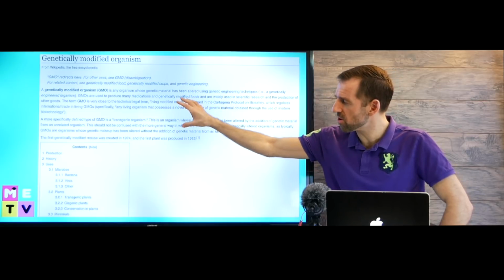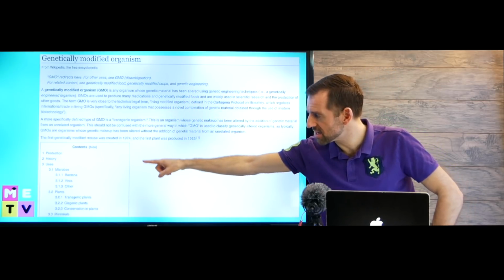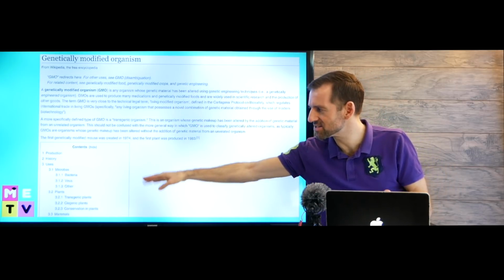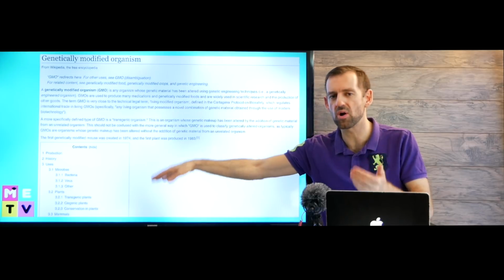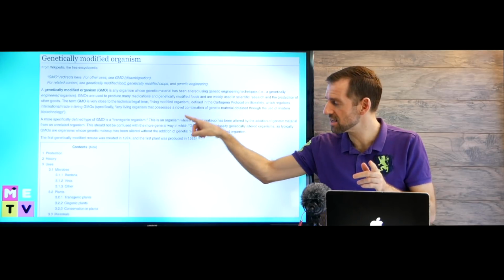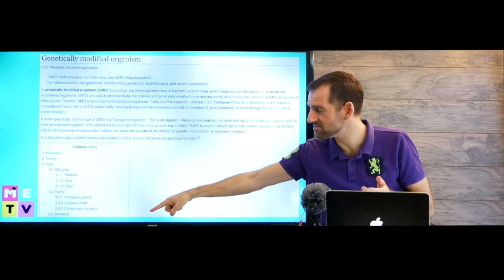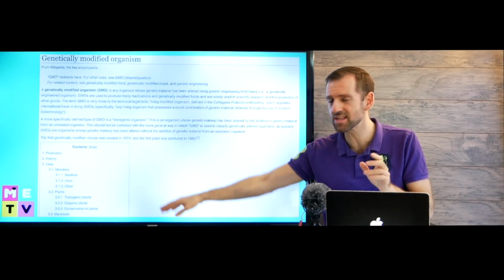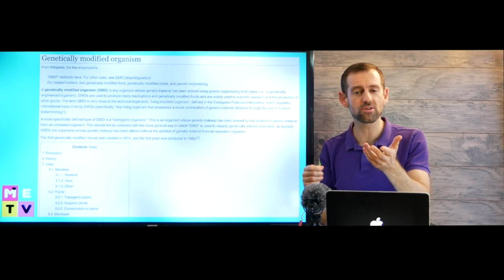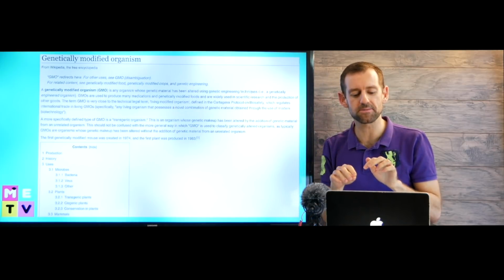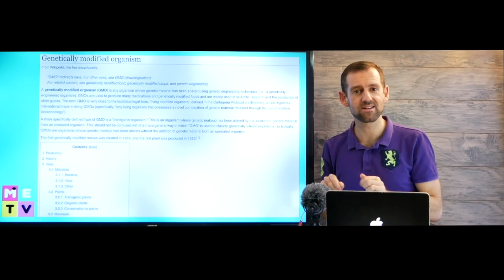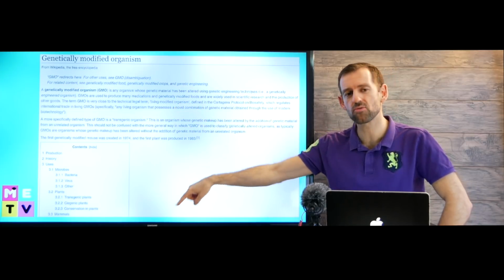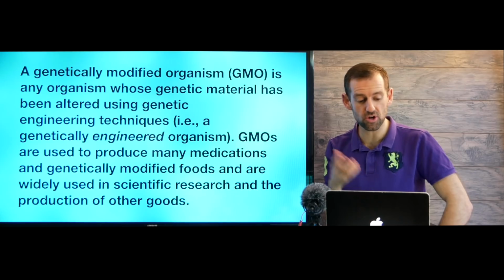We're going to read the first part here, and then you can see the table of contents. Now, this is a very long article. That's why it has a table of contents. You can see all those different parts of the issue. We're going to do point 5 down there called controversy. Okay, so if you want to read this full article on your own, you can just search on Google for GMO Wikipedia, and you're going to find this article. Okay, so we're going to start reading this, and then we're going to read the part on the controversy.